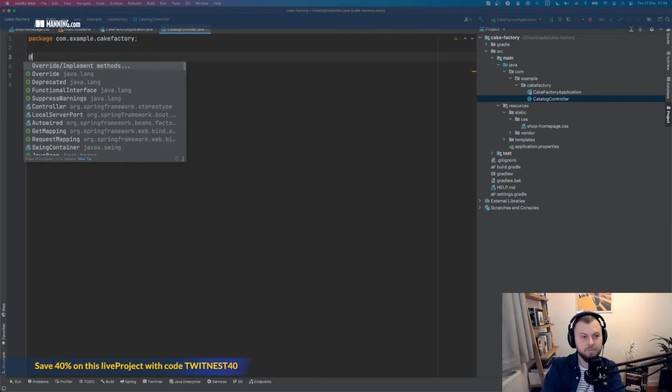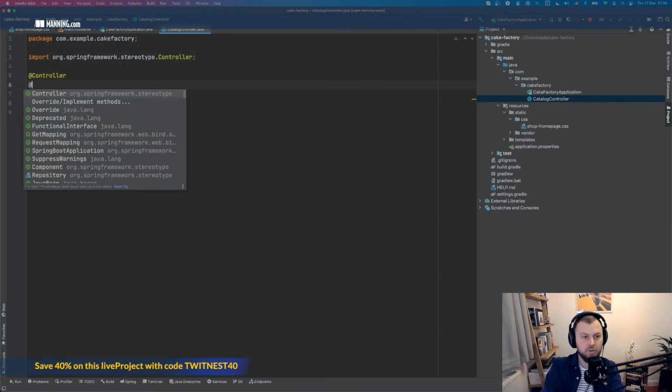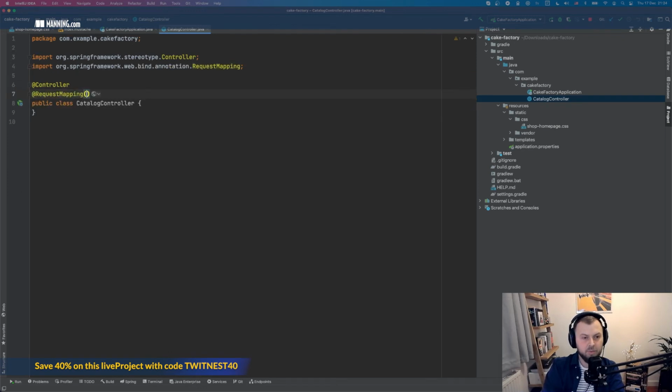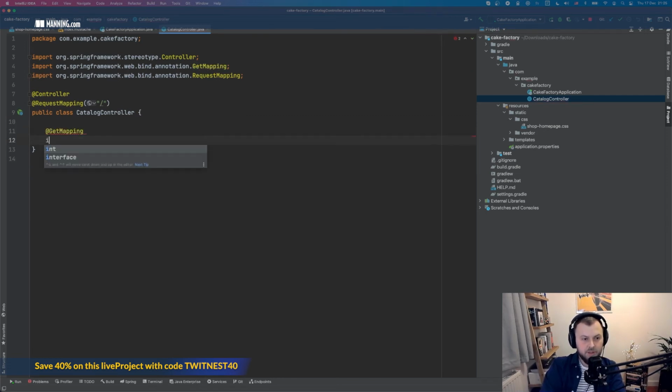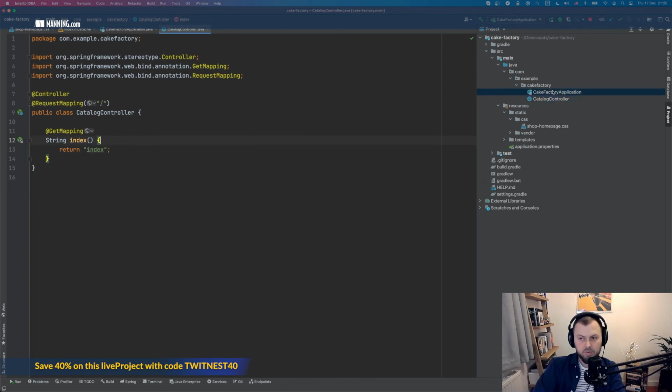So let's do that. Let's say we want to design a controller, and request mapping basically means on which URLs and which endpoints you want to map this controller to. And if you want to learn about controllers more, you can always get some info from the book. But for now, I'm just going to return the name of the controller. All right, so I'm going to return index,